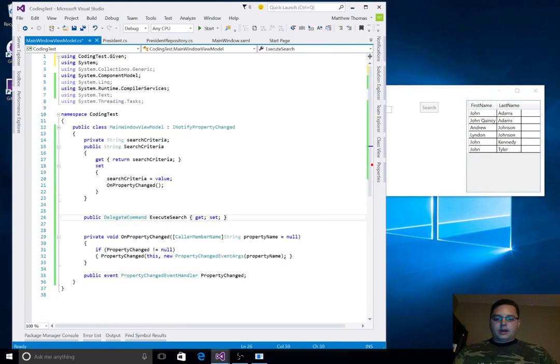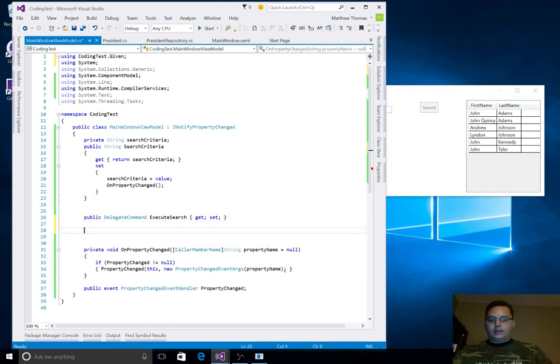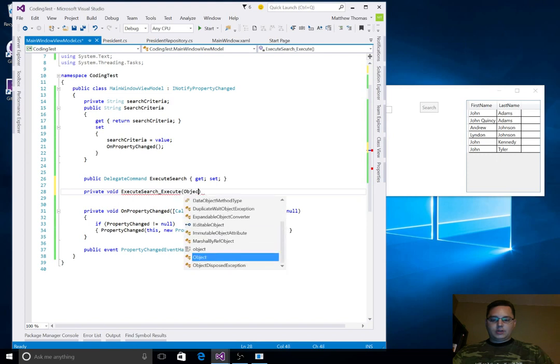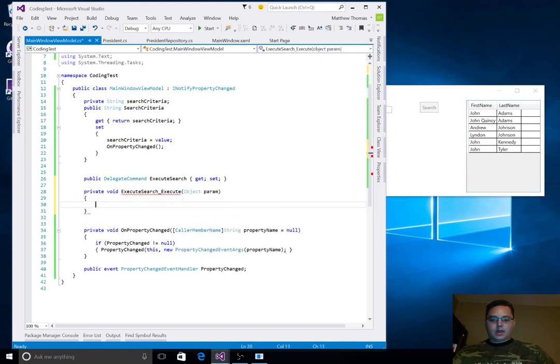So when this command changes here, or when it's time to requery the command, there's a method that exists on the DelegateCommand called RaiseCanExecuteChanged. But first, we need to make the delegates for this. So let's make a private void ExecuteSearchExecute, object